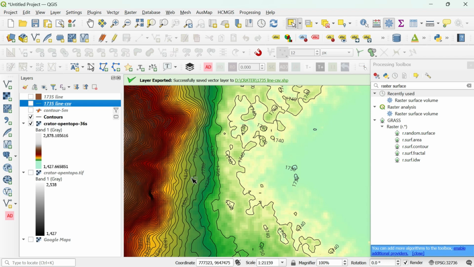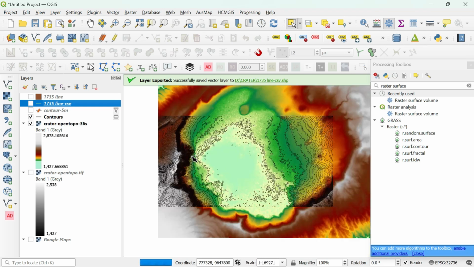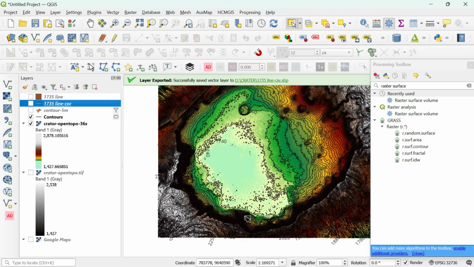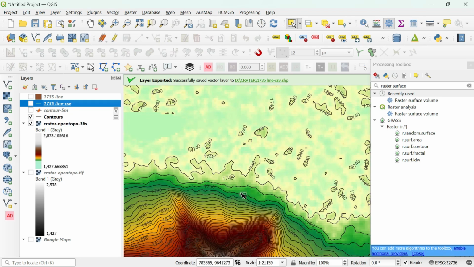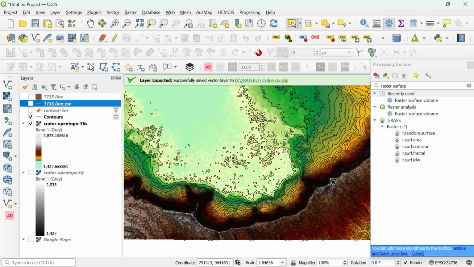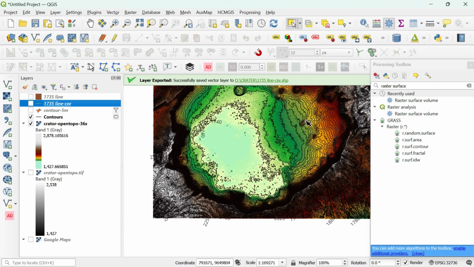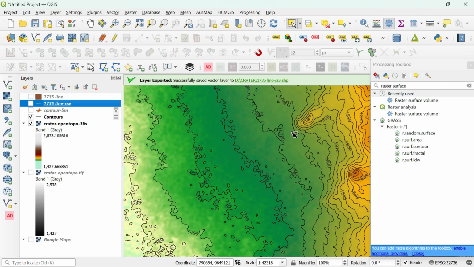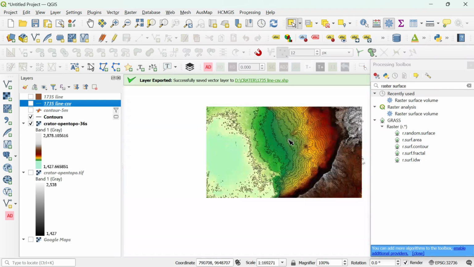Maybe the crater rim will be 1810 meters, or we check somewhere down like here, is the 1780 and 800. We will take a round figure, or 1810. Check another area, another area, 1810. I think it's no problem, 1810.